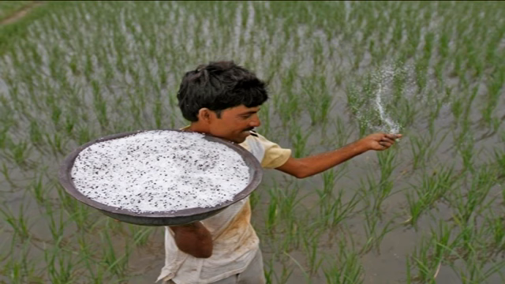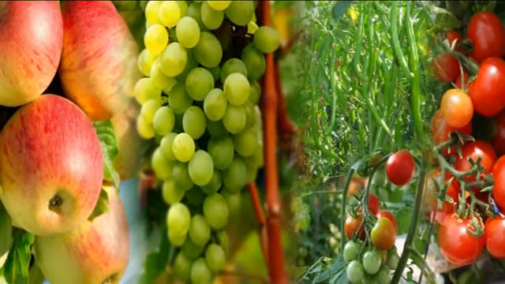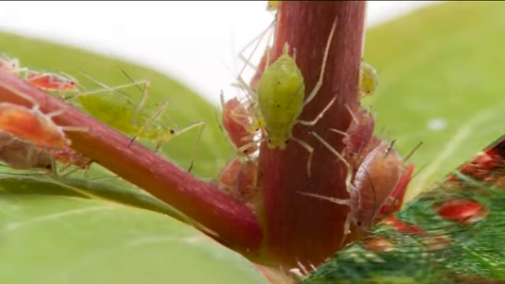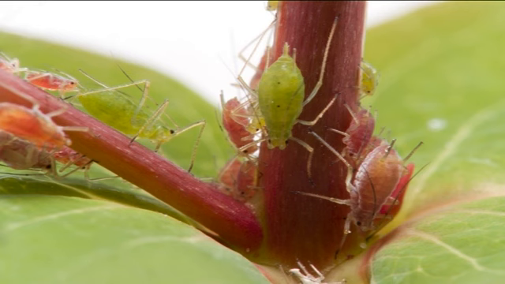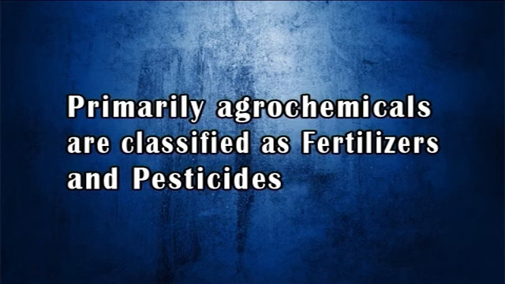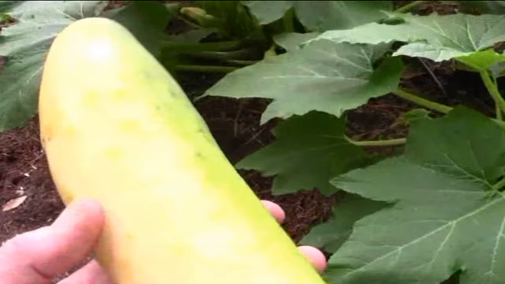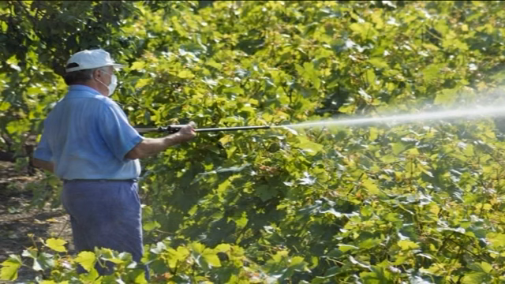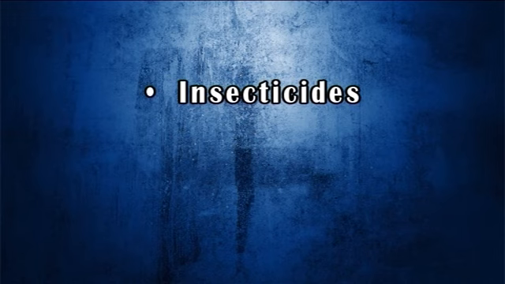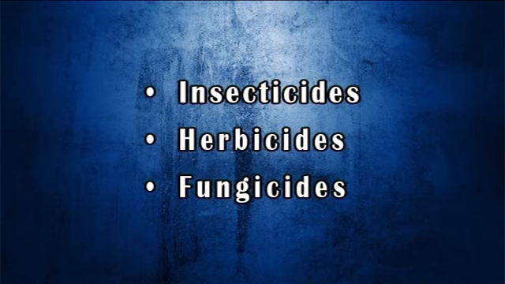Agrochemicals are those chemicals which are used to improve the productivity of crops by improving fertility of soil and protecting them against pests. Primarily, agrochemicals are classified as fertilizers and pesticides. Fertilizers such as synthetic fertilizers, hormones, chemical growth agents, raw animal manure and pesticides such as insecticides, herbicides, fungicides form